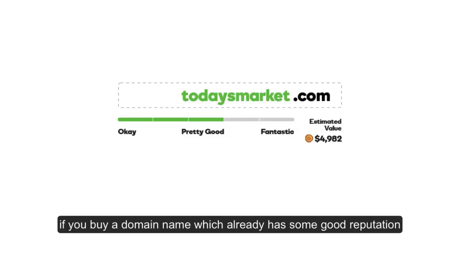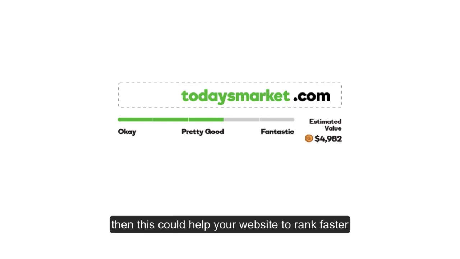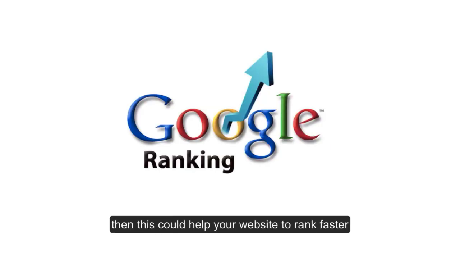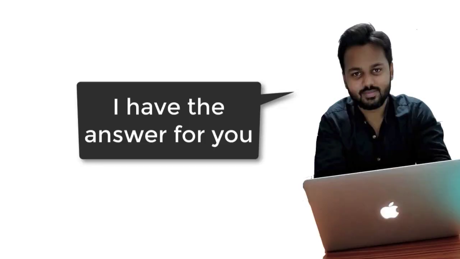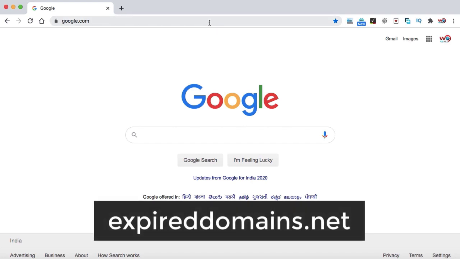Let's assume you buy a domain name which already has some good reputation on search engines, then this could help your website to rank faster, isn't it? But the question is how we can find out any such domain. I have the answer for you. You just need to open a website,